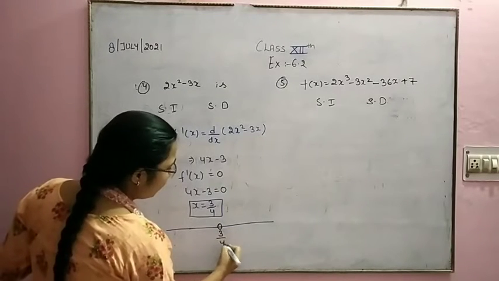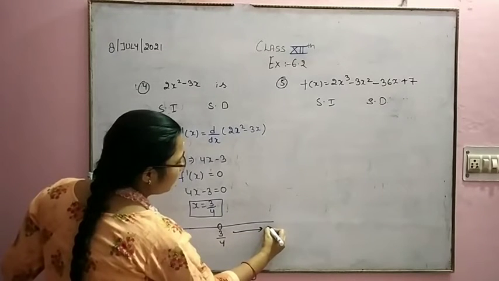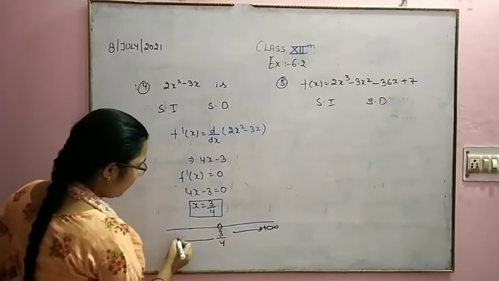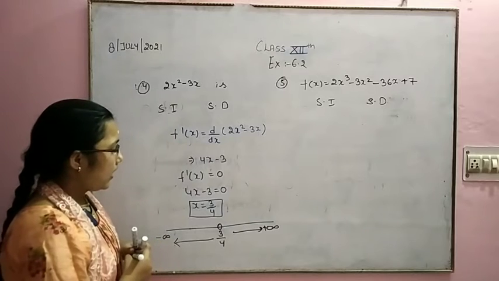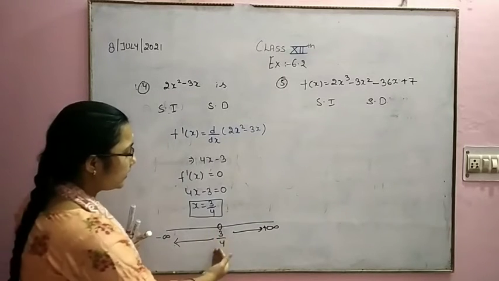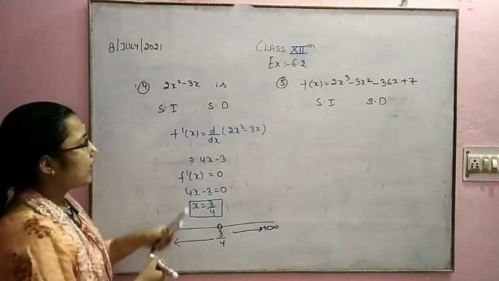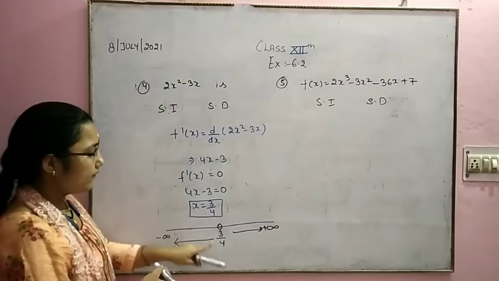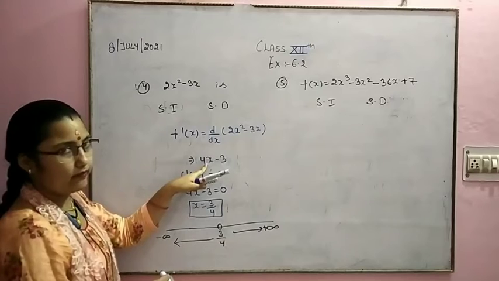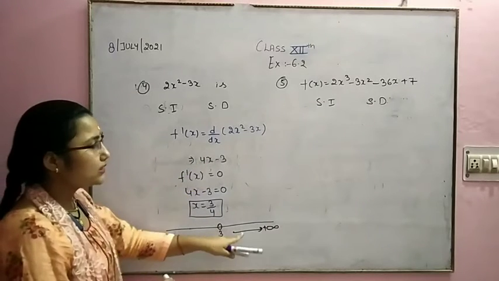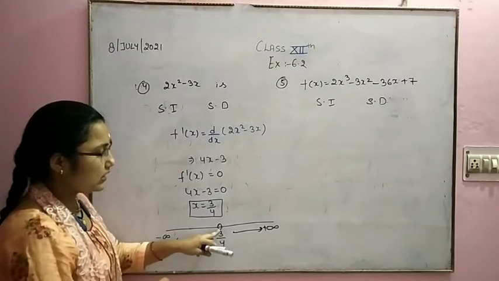Suppose this point is 3/4, where the positive numbers will be. So at the right end we get positive infinity, and on the left-hand side we get minus infinity. Correct? And then check for values greater than 3/4, what we get for f dash x, positive or negative values. F dash x is 4x minus 3. If I put 3/4 here, we get a negative value, correct? If I put a value more than 3/4, that means something like 0 point something.